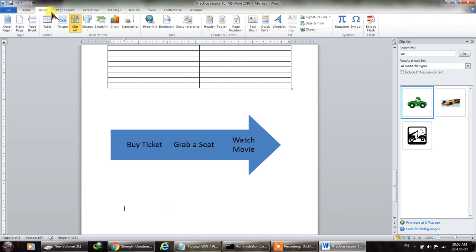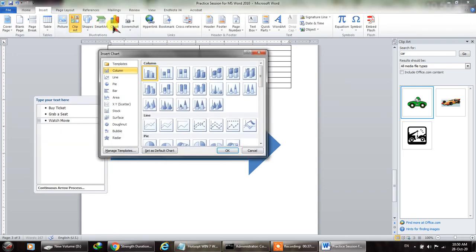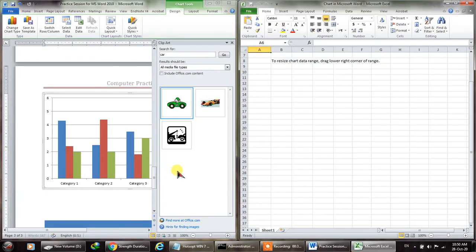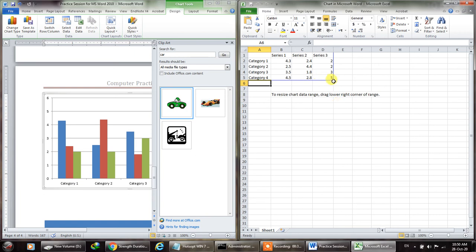Then again on the insert you can click on the charts if you want to create charts similar to those shown in the cricket matches, for example. So when you open these charts, it will ask you to edit the data.